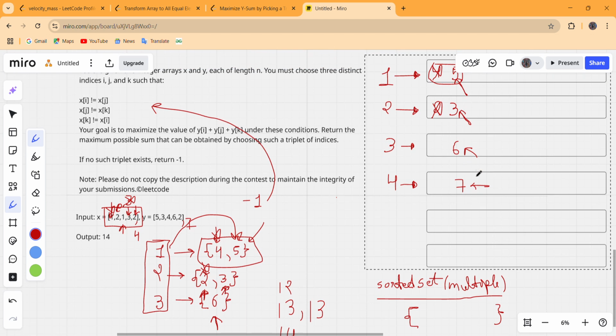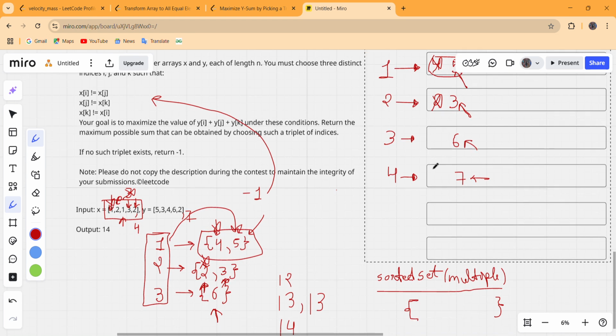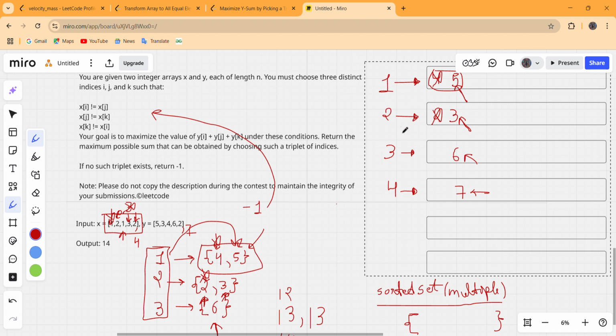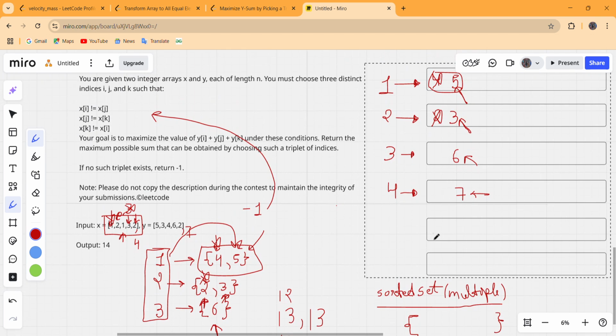And now this 4 will contribute more than these 3 values, so this 4 will also be considered in our answer, and this time this 2 is omitted from our answer. That's why we have to create an empty vector. So as of now let us look only at example number 1.